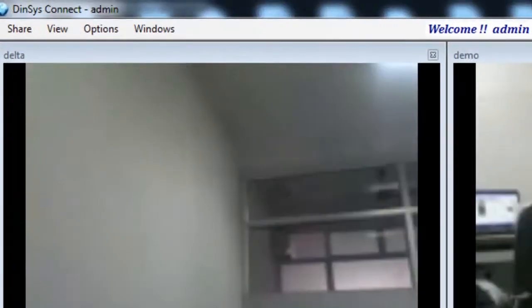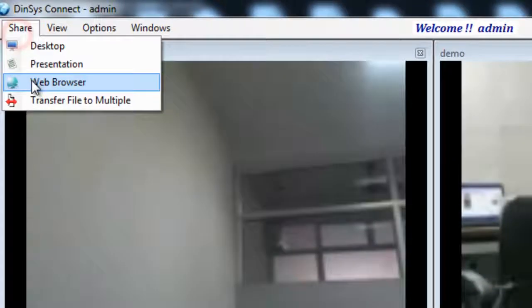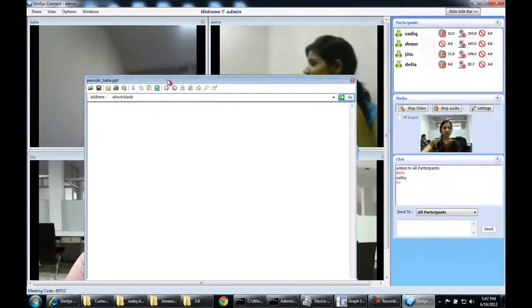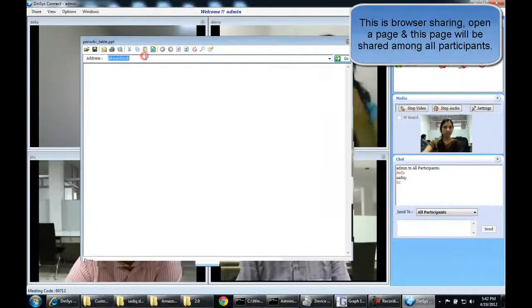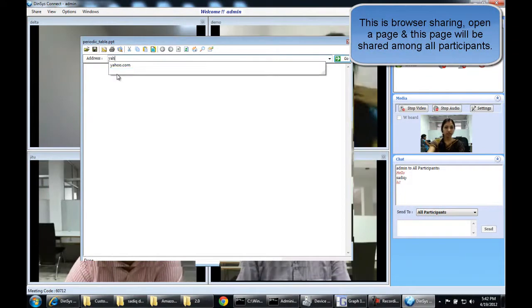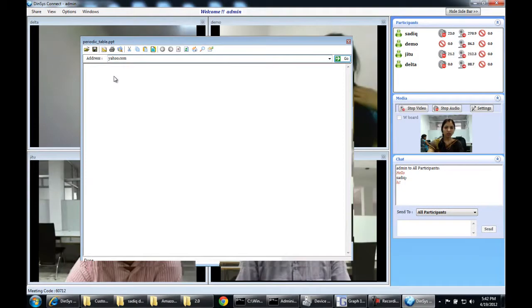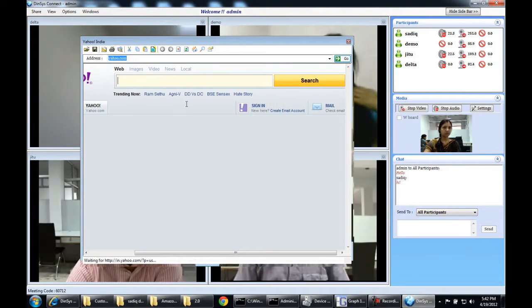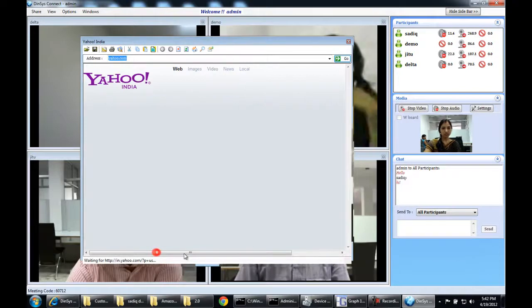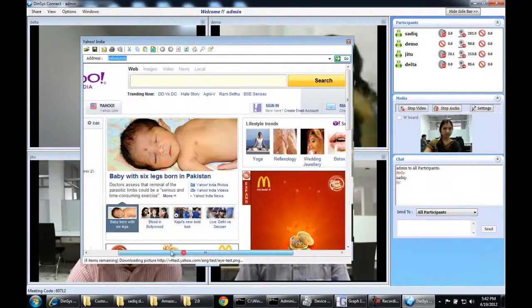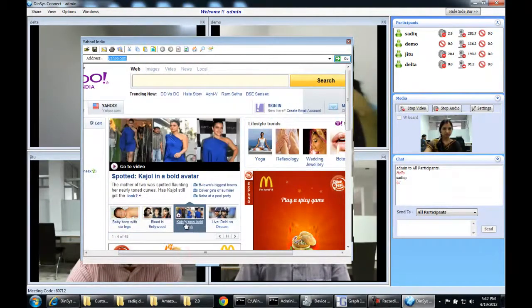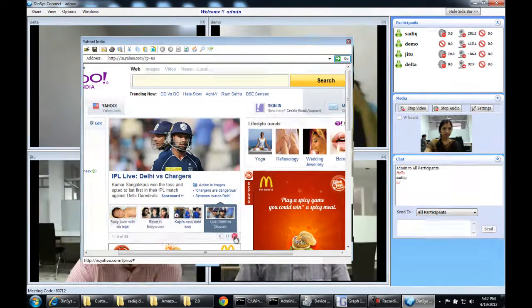Now let's move to the third option, that is web browser sharing. This is a built-in browser of our system. You just need to provide the URL, or you can say web address of the page. Let's open the yahoo.com and let's see what's happening in the world. The first news is about a child, a baby with 6 legs from Pakistan. News about the IPL,